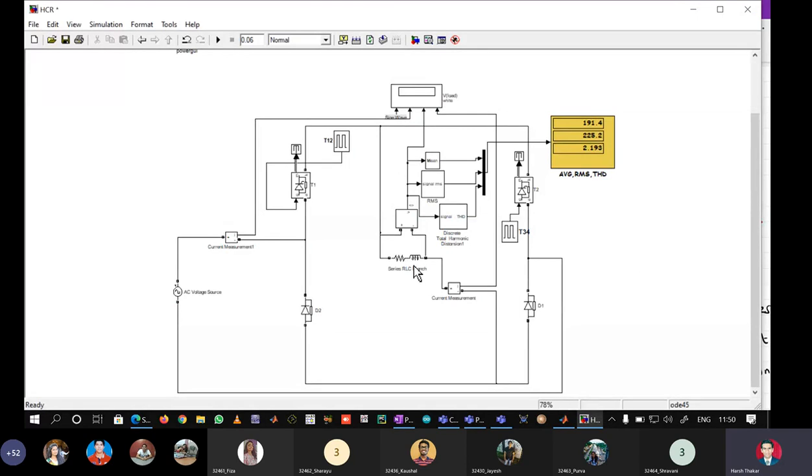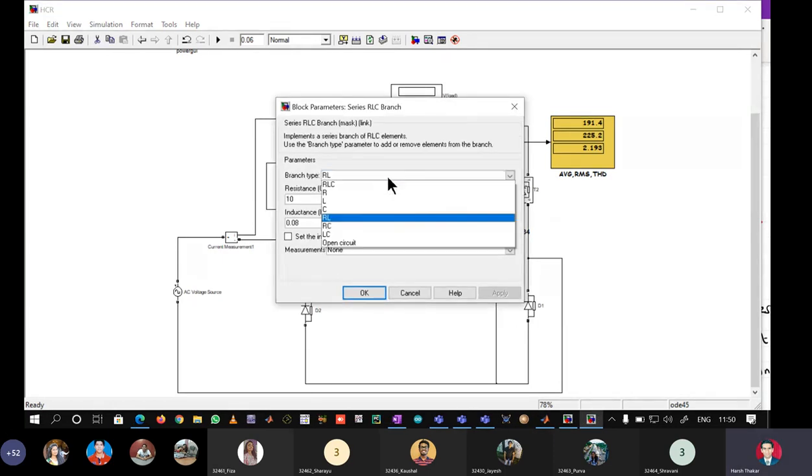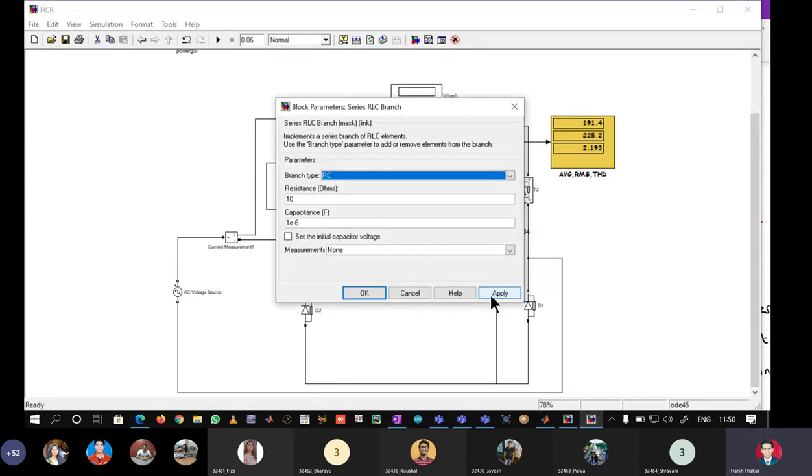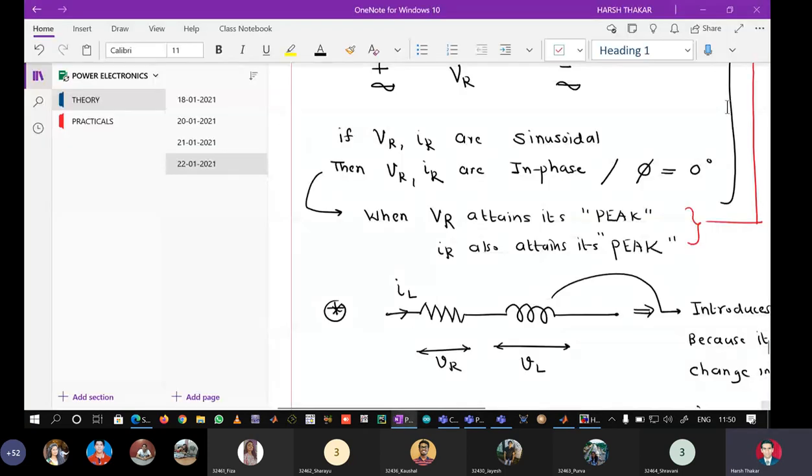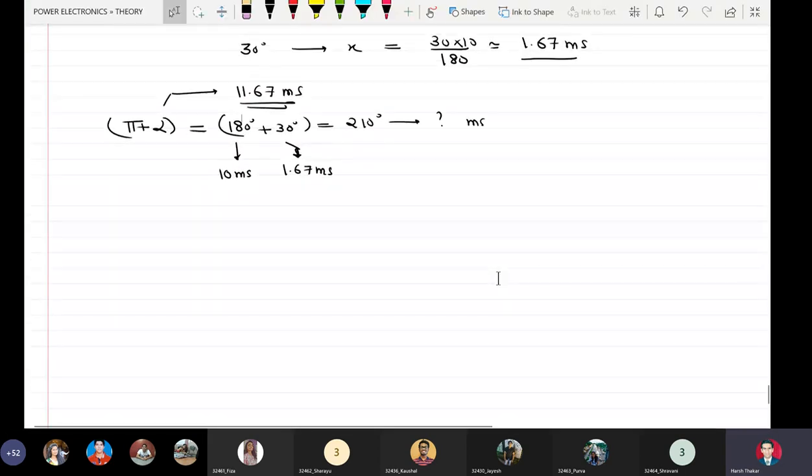Now what will happen if I replace the load with a capacitive load? Let us make it RC. Okay, let us make it RC load. Apply. Now before I show the simulation to you, let me check your basic understanding: what kind of change in the waveforms do we expect when I have changed the load from a small inductive load to now a small capacitive load? Yes, I want to hear from your side. What is your analysis? Okay, this is a fundamental question.